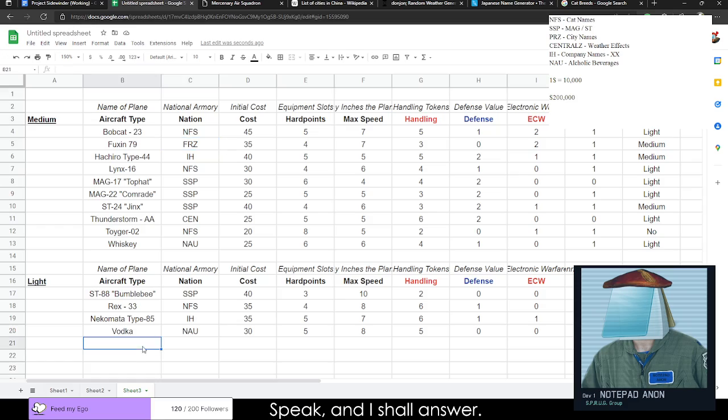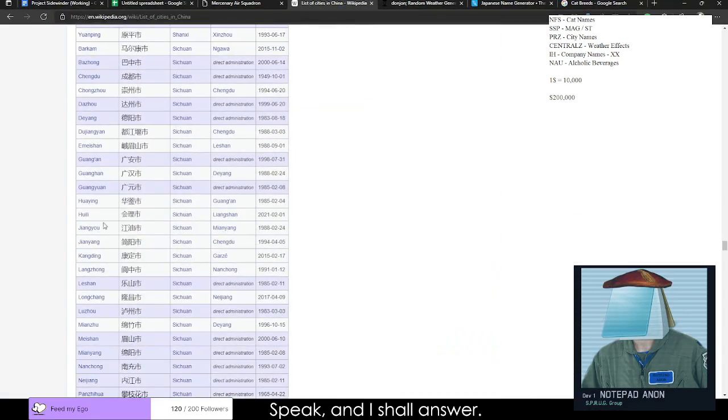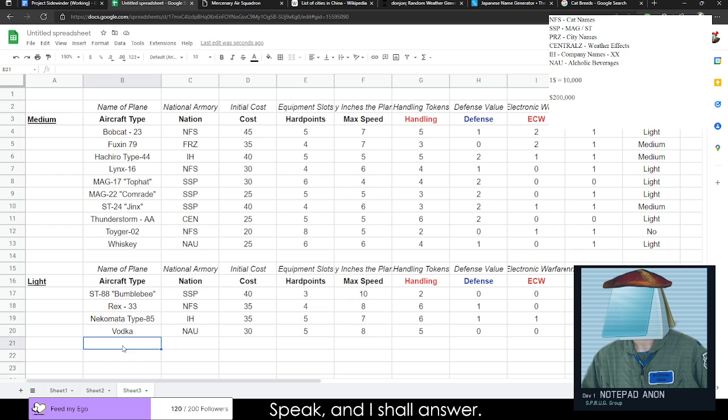I'm feeling... give me a random Chinese city name. We'll scroll up. We'll call it the Zhangyang. The Zhangyang. We'll call it the 110. The Federal Republic of Zun. These things are going to go up. I'm feeling...